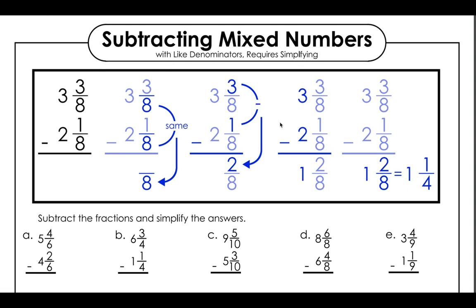Okay, so here we have 3 3/8 minus 2 1/8. So you can see that we brought down the denominator first to subtract the fraction. So 3/8 minus 1/8, and we get 2/8 left over. Then we subtract our whole numbers. So 3 minus 2 equals 1. So our answer is 1 2/8, which also equals 1 1/4 because they reduce the fraction down to